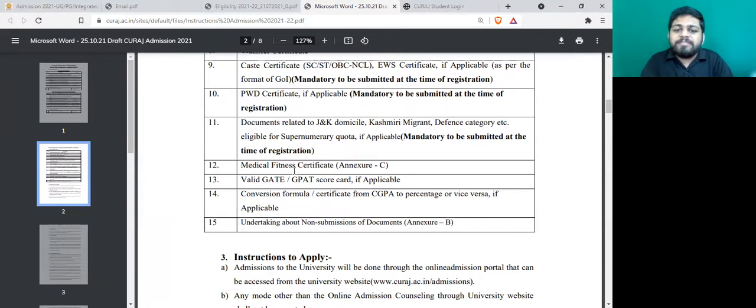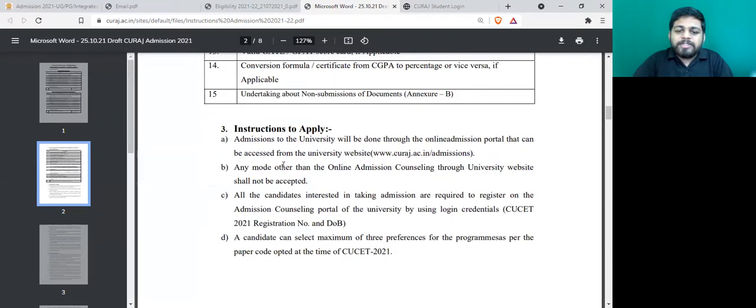For the medical certificate, the format is given in the portal itself. You need to print it and get it attested by a government medical officer. You could visit any hospital and get it attested by them, and that is about it.